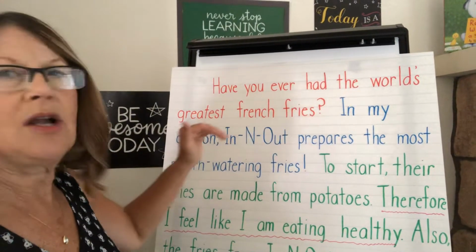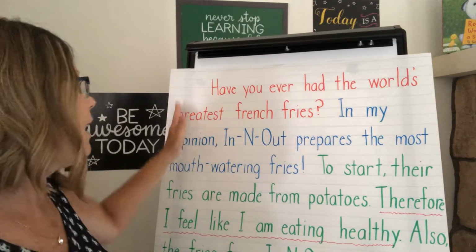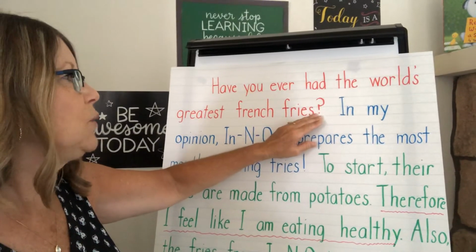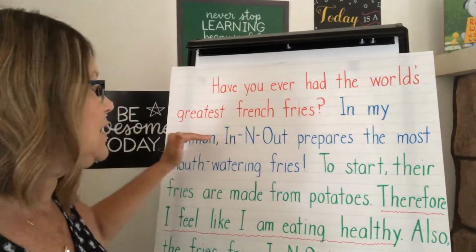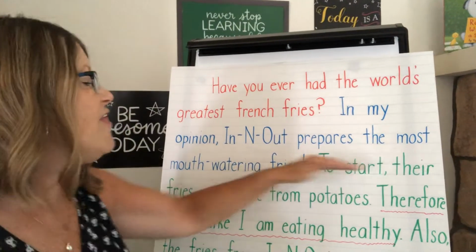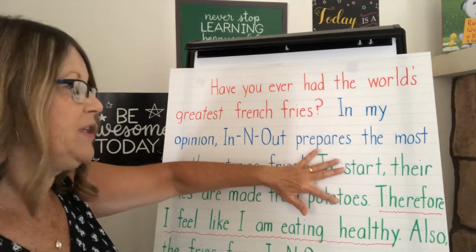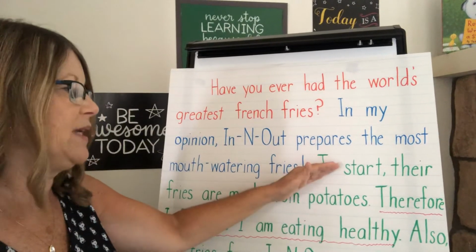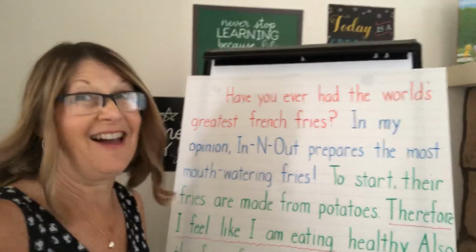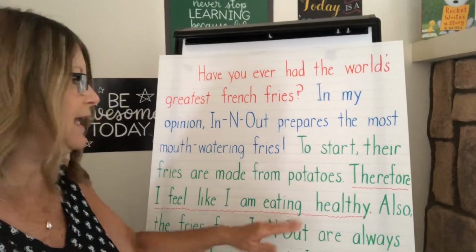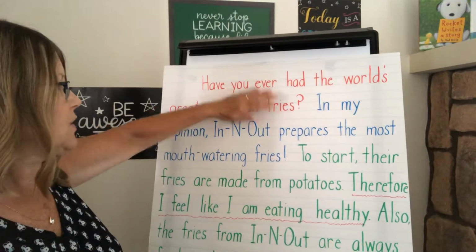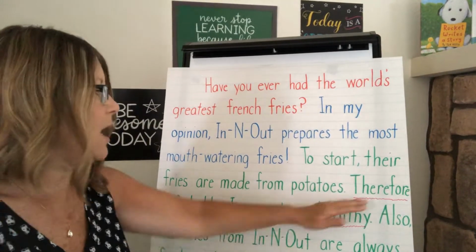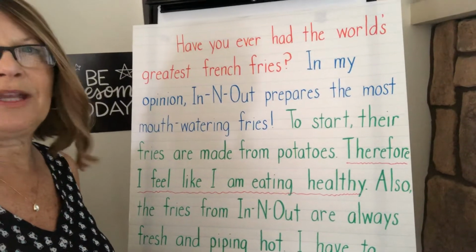I never start a new part of my writing on a brand new line if I still have space in my line. After my ending punctuation, I leave space and then I continue writing until I run out of room. That's when I go to the next line. And when you state a reason, you can give more information to support that reason. That's what you'll be doing a lot in third grade as you develop your writing even more. So I've got my introduction, my opinion, my first reason, my second reason. And underlined in pink, this is just extra information.